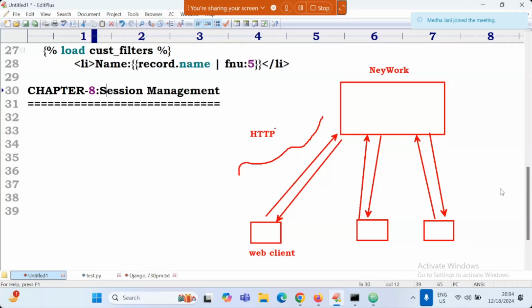The problem with this HTTP is, it is a protocol. There are so many protocols: HTTP, SMTP, FTP, so many protocols are there. This HTTP is a stateless protocol. What is the meaning of stateless protocol? Means